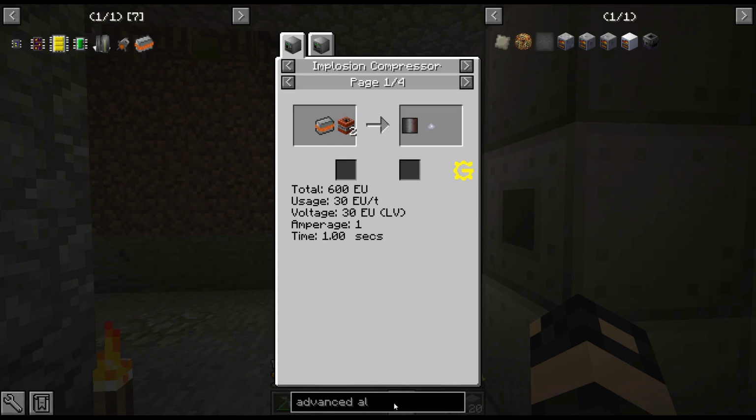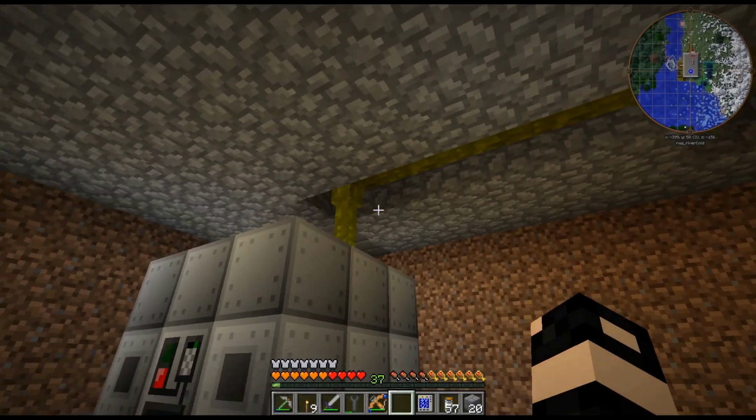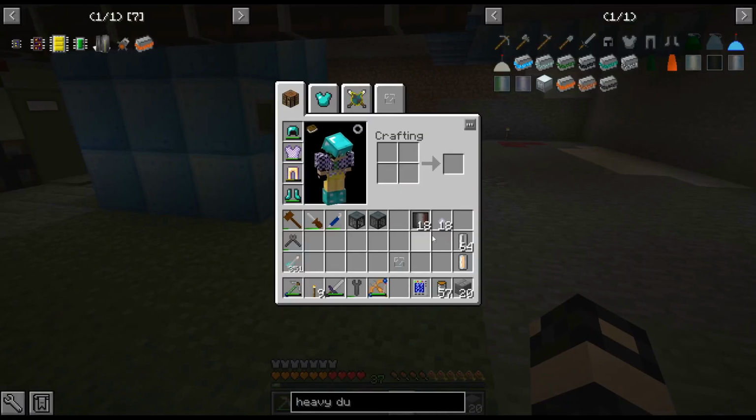I'm like, do these heavy duty ingots, like the tier 2, does that need to be... No, it looks like they're all LV. Alright, so we don't have to worry about that. Alright, cool. So,